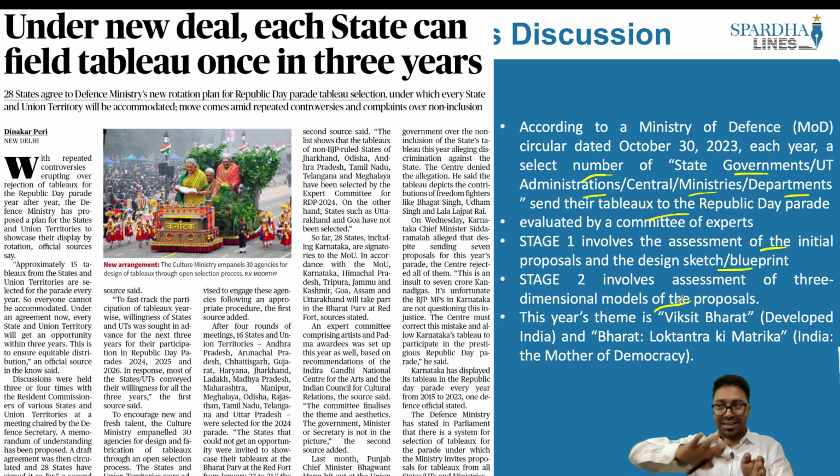So West Bengal, the theme of it is not in line with what the central government has defined, and with the state of Karnataka, it is more to do with opportunities that have to be provided for other states, which is why their tableaus will not be selected for the display during the Republic Day parade, is what this article is all about. Now let's look into the next article.